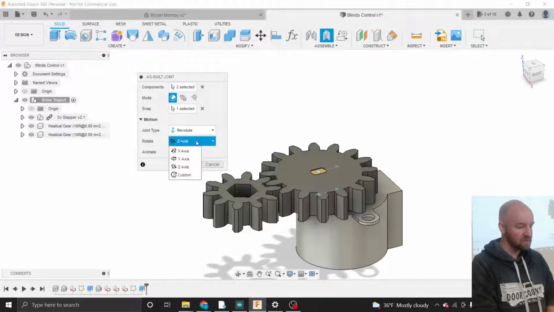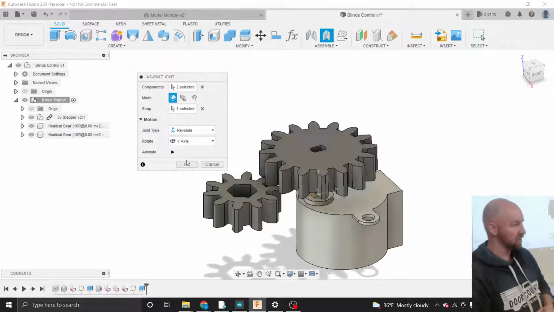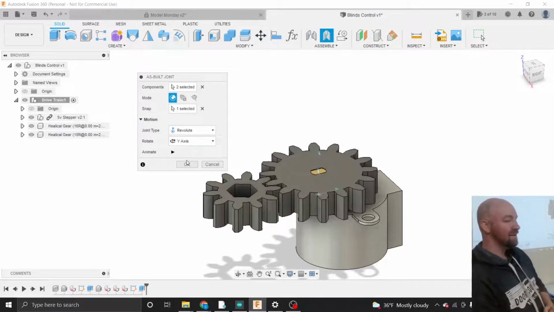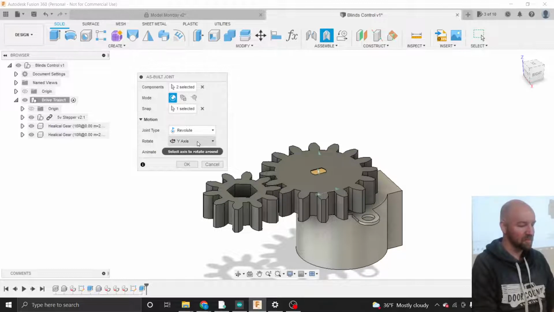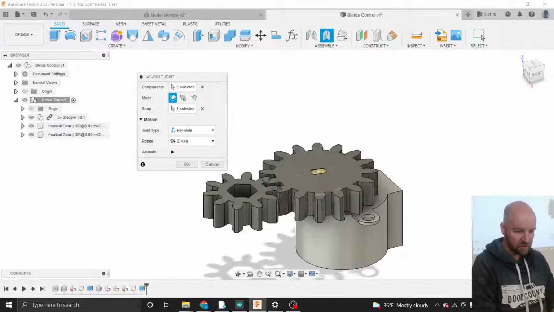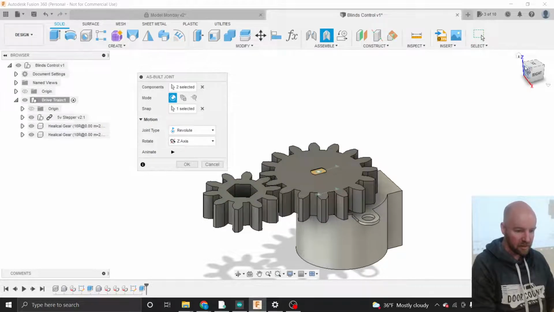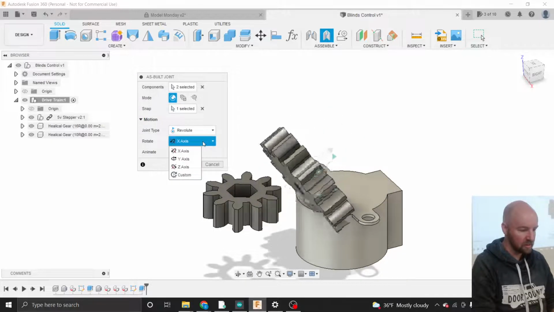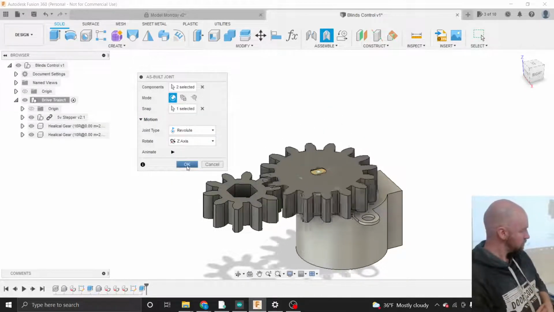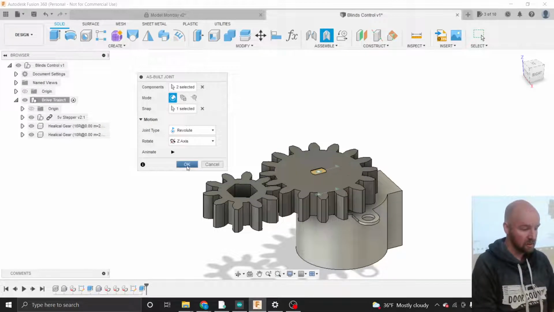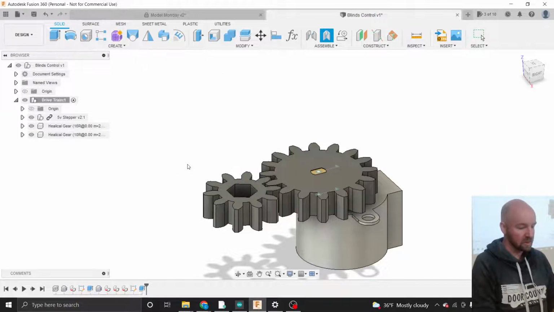If your gear happens to be moving around in a weird way, the thing that is amiss is the axis that you're rotating on. So I'm rotating on my Z-axis, and you can look up in your navigation cube and see which axis you need to rotate around. If you have your X pointed up, you'll need to rotate around your X-axis, but again, for me, it's my Z-axis, and that's going to work out just great. Alright, so I'm going to go ahead and say OK,